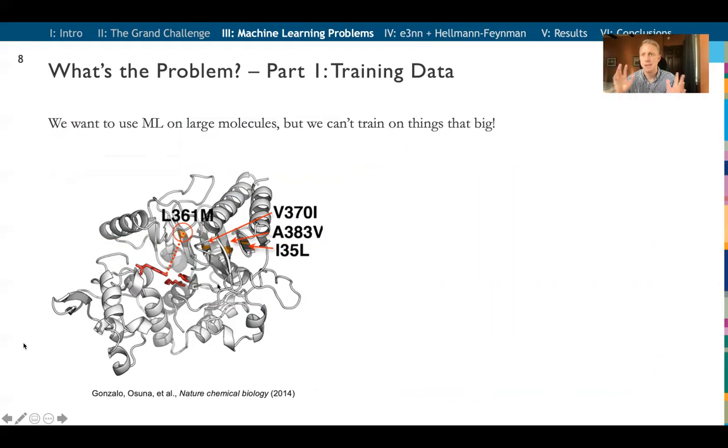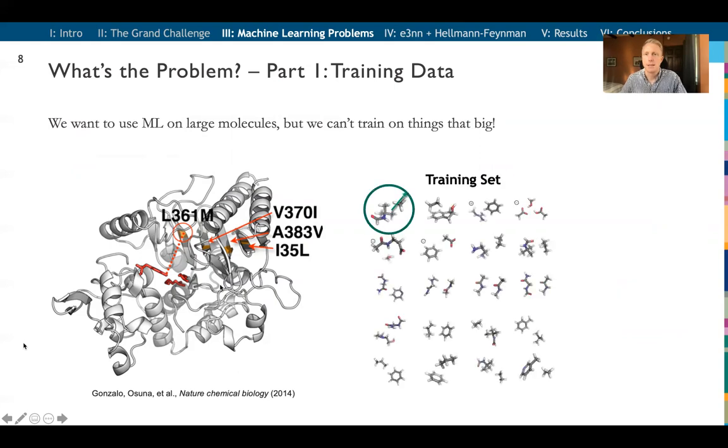This is LOVD. This is an enzyme that's important in heart function. I just got done telling you we can't do quantum calculations on this whole thing, so we got to split this into pieces to build a training set, right? So these are all like the relevant chunks that you would envision having a part to play in the mechanics